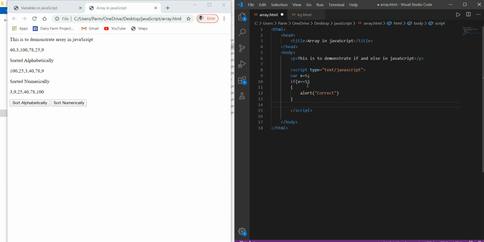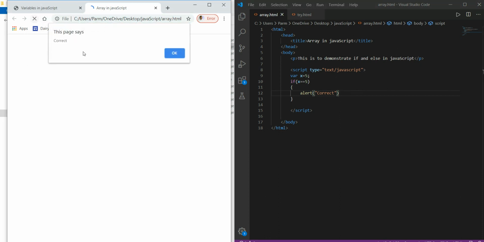It means that if the value of x is equal to 5, it will display the message correct. Here we refresh this, and it's showing a pop-up that says correct.